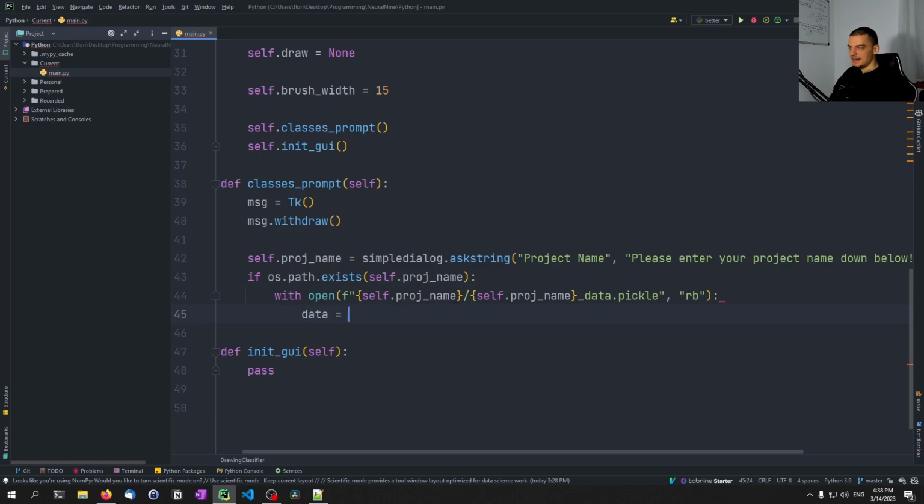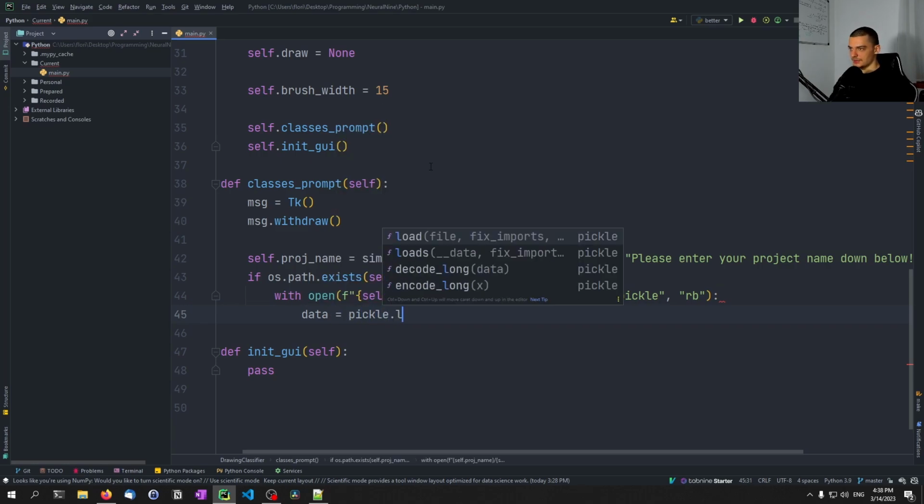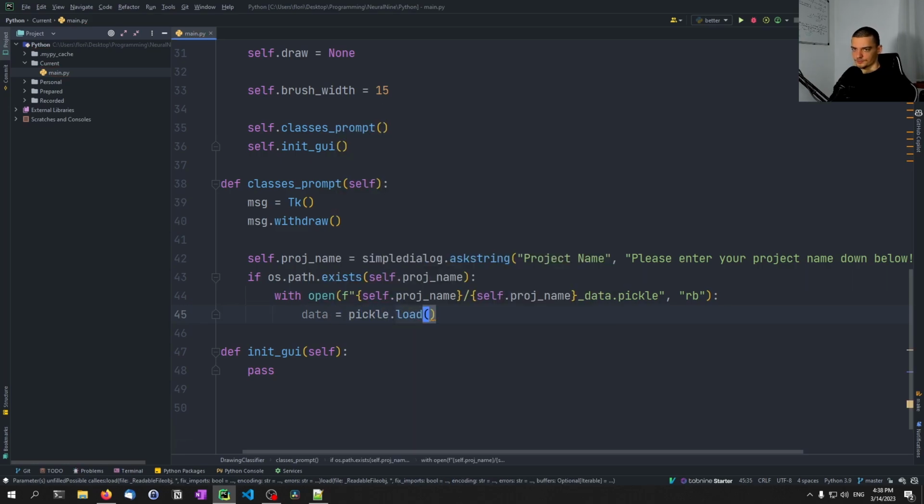and then we're going to say data equals pickle.load, and we're going to load the file that we opened here, sf. Basic idea is you specify a project name. If that directory exists, we're going to load this pickle file. Otherwise, we're going to create a new instance. We're going to create a new directory with new classes, and everything is going to be set up from scratch. However, if we have this data, we need to first